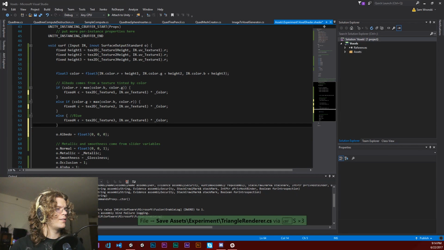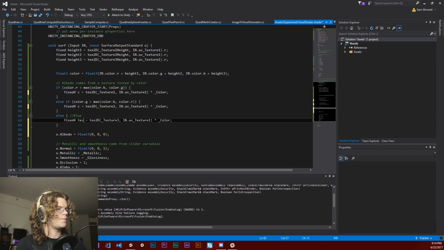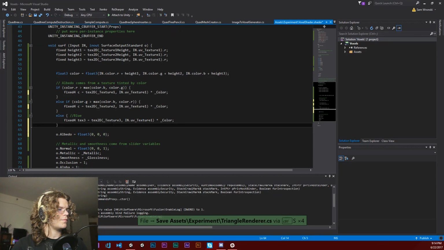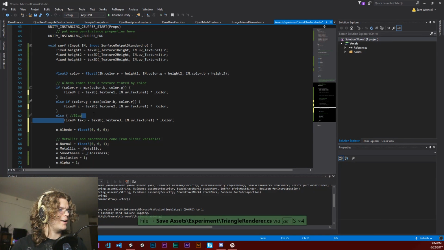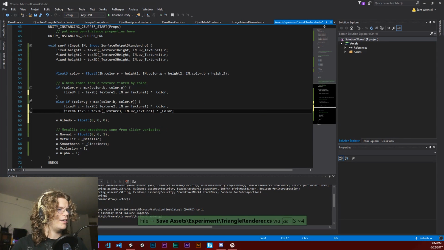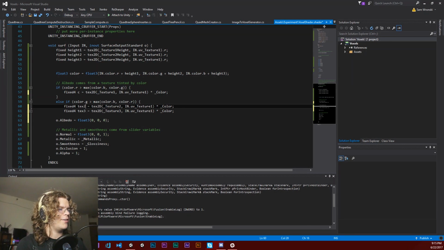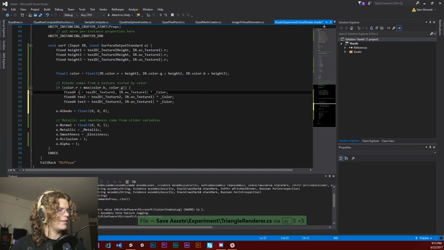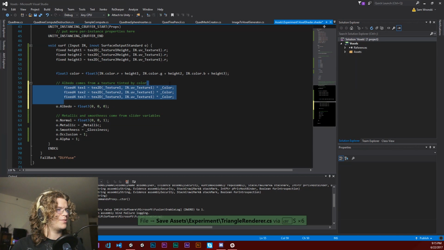And then this is going to be our text 3. I'm going to use bad names again. I don't know why I say I'm going to use bad names. If I know they're bad, why don't I just fix them? But we can do that after I actually have this working, because I'm skeptical. So